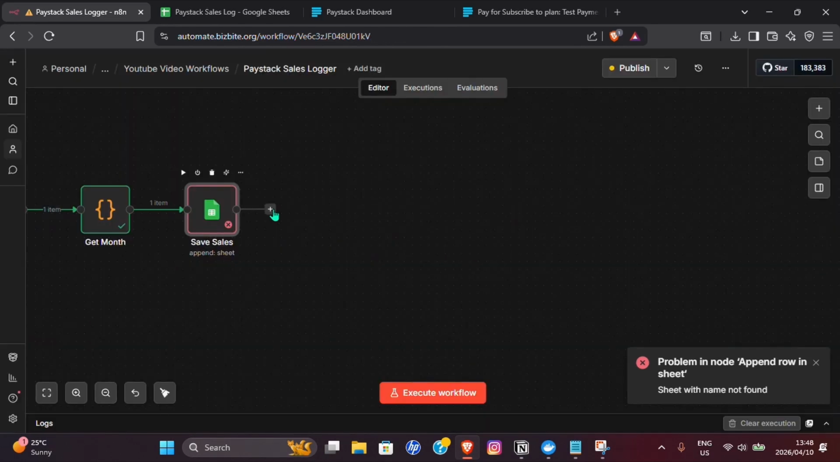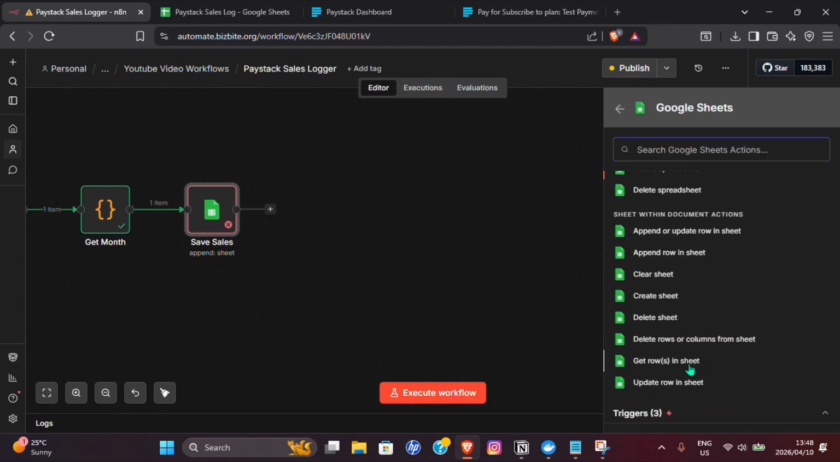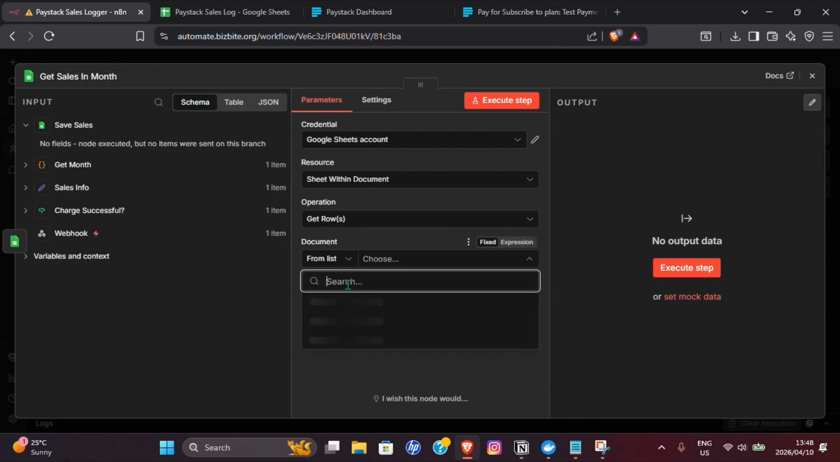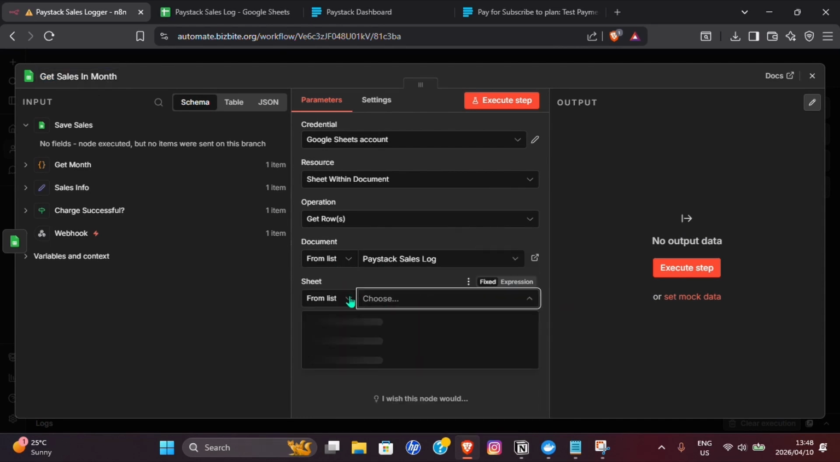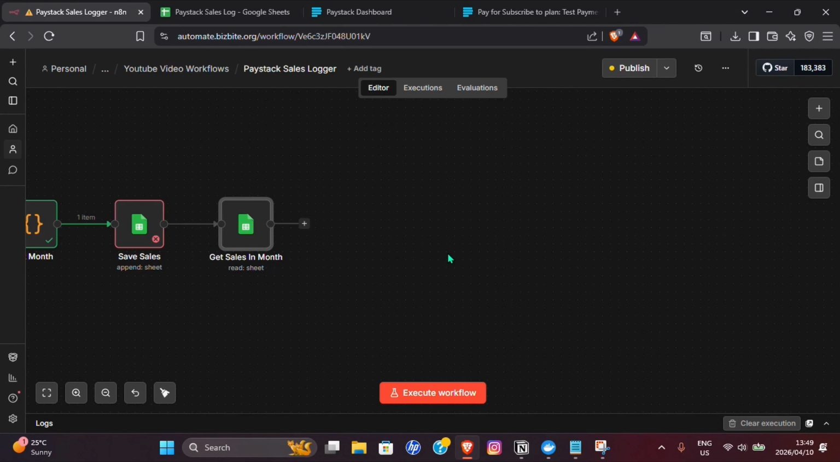Alright, now after you've done all that, type in Google Sheets, the Google Sheets right there, and now you want to grab all of the information. So get rows in sheet, and you want to get all of the sales inside of that specific month. Now here where it says pick the document name, pick by name once again, because you want to do it according to the month. So the month tab, drag that in there,